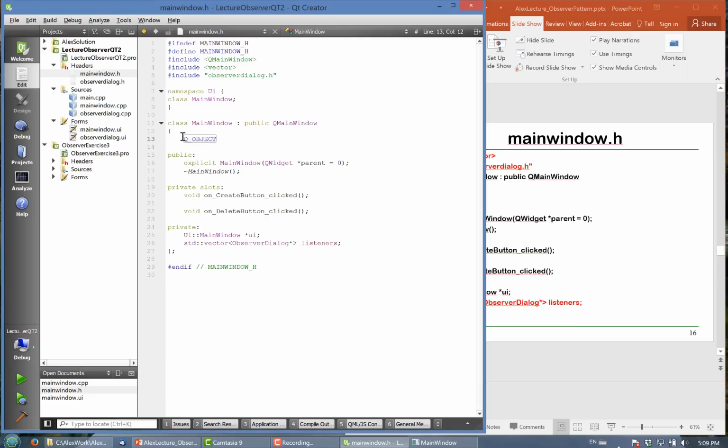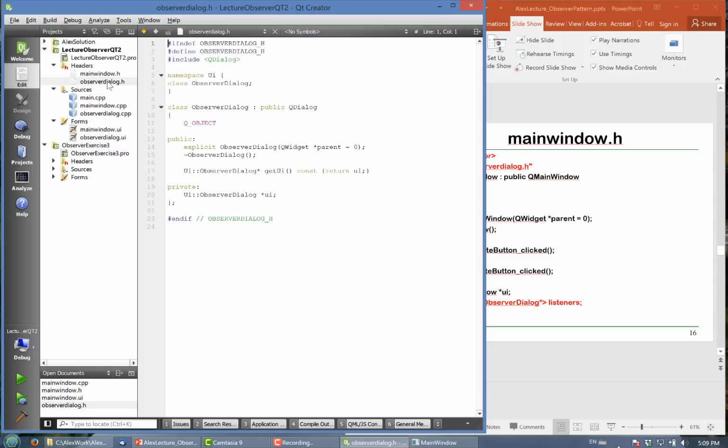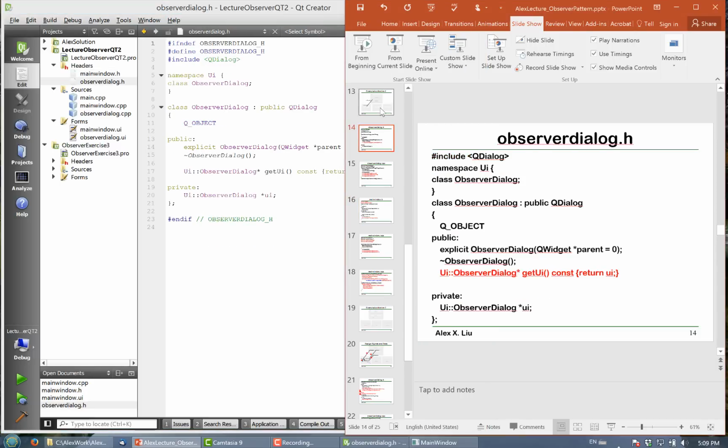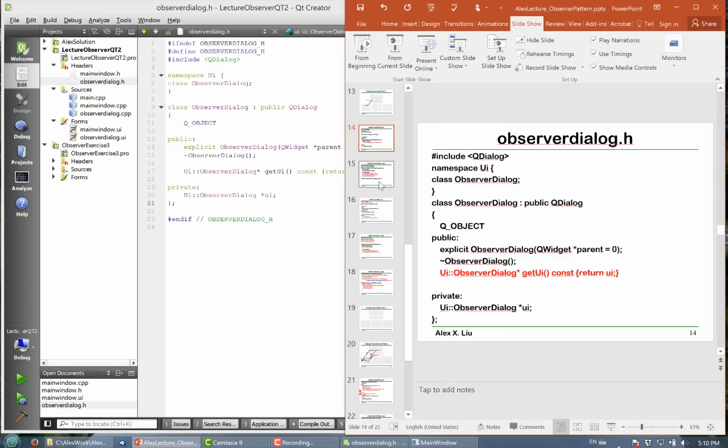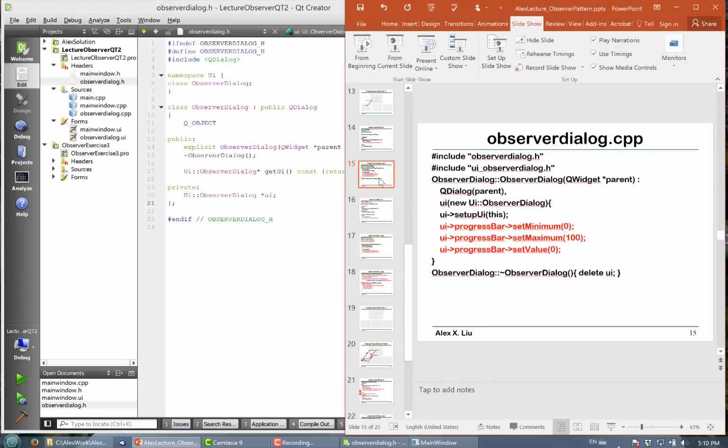Now we want to take a look at the observer.h. In observer.h, we basically add only one thing, which is get UI. It has a private data member, ui, of type observer dialog, so this is the UI pointer. We want a constant function which returns this UI, and we're going to use it later on. So that's the observer dialog, and then in observer.cpp,